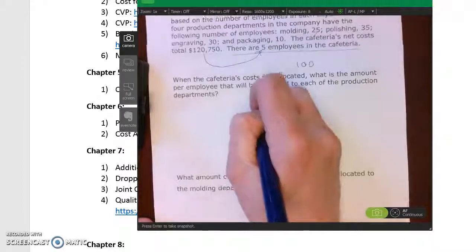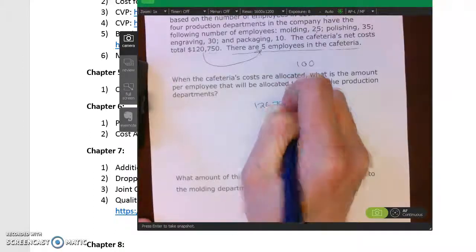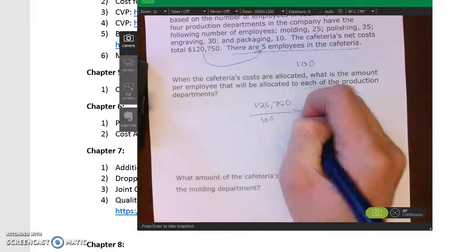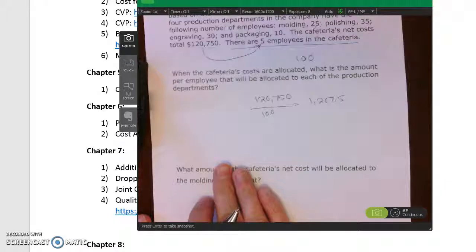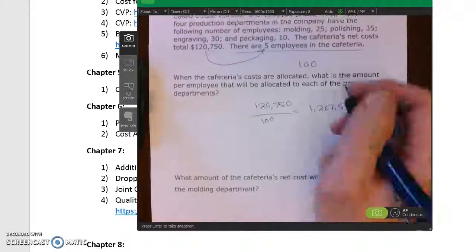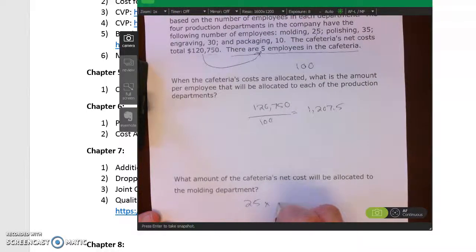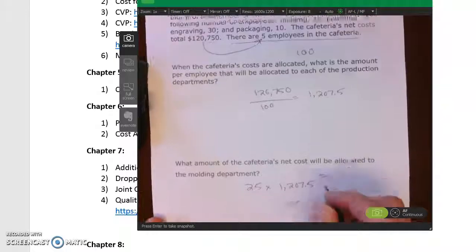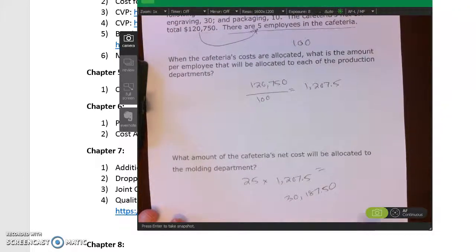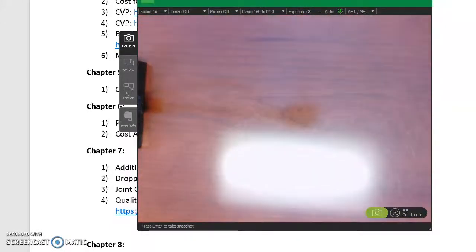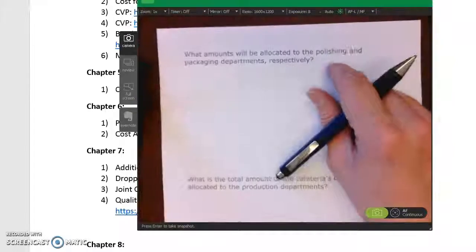The amount per employee, so we take our 127.50 divided by our 100, 1,207.5. Okay? How much will be allocated to the molding? So molding, I just say my 25 times my 1,207.5, which gives me my 30,187.50. That'd be the right answer, okay? And then how much go to polishing and packaging, respectively? Well, with polishing,